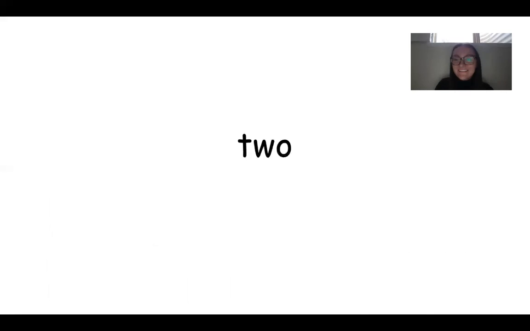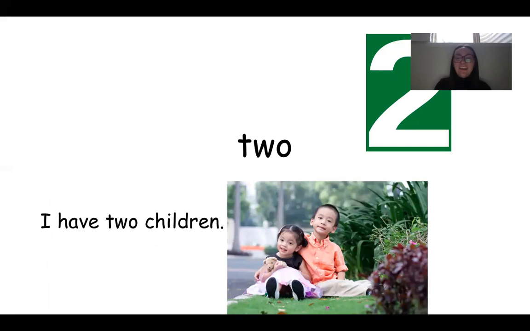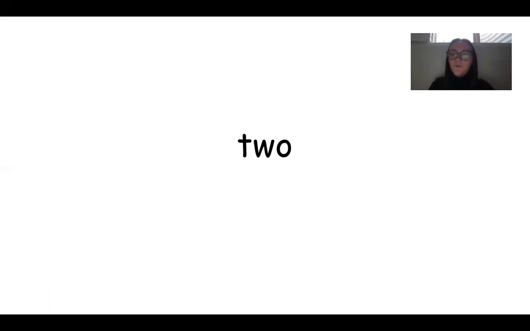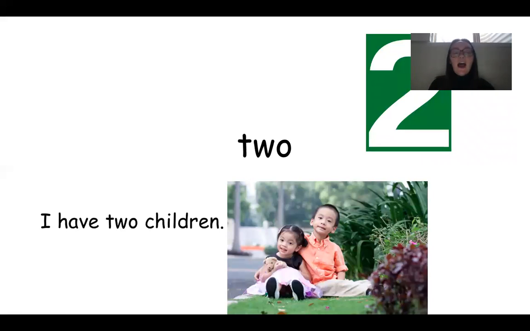Okay, so this one is two. So again, when this one word shows up on the screen right here, just try and go, boom, try and read it instantly, right? And then say it out loud. So two, I have two children. So this word,